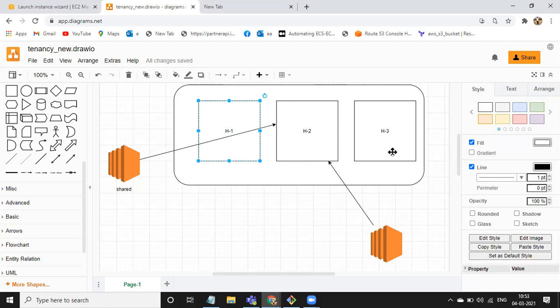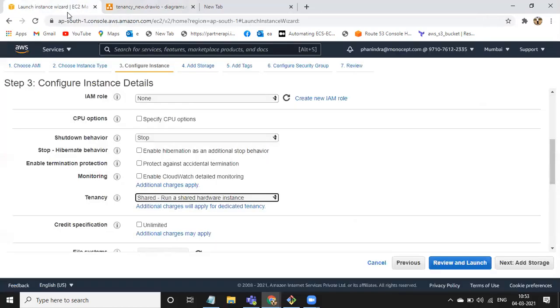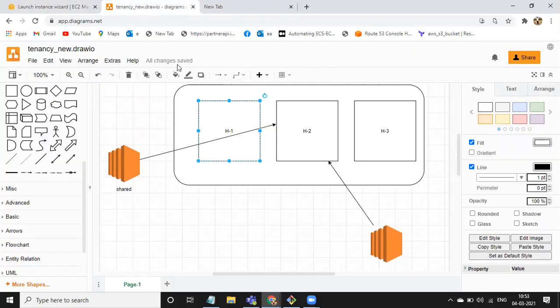Okay. And you may have a doubt: what if I launch one instance in the dedicated instance tenancy, meaning AWS is giving me one dedicated host in the data center, so the instance which I launch will go and sit in this hardware, right? And what if I launch another instance in the shared tenancy?